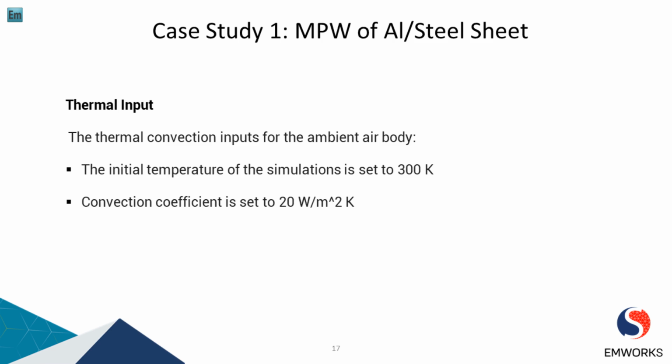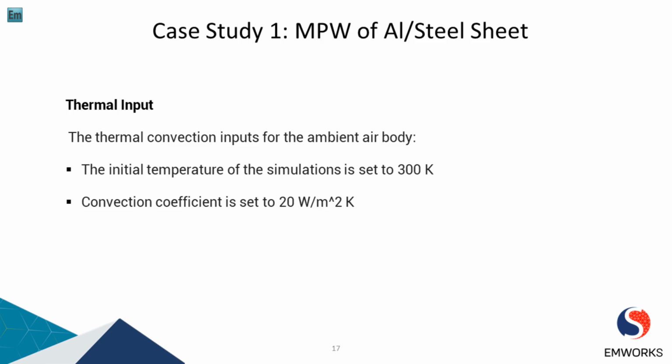Additionally, the convection coefficient, representing the rate of heat transfer between the workpieces and the surrounding air, was set to 20 watts per meter squared Kelvin. These parameters play a crucial role in ensuring that the welding process is conducted under realistic thermal conditions, enabling accurate